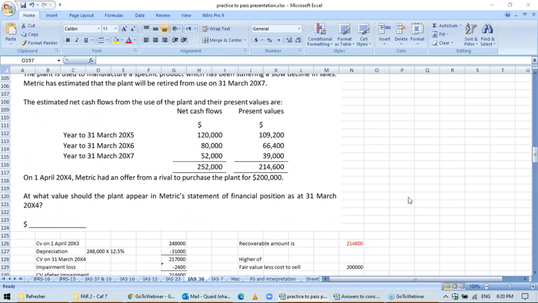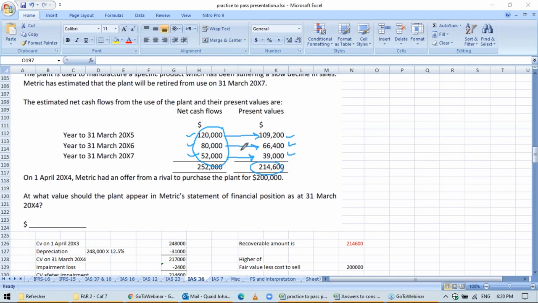The remaining life was 3 years, and what they did, they multiplied the net cash flows for the next 3 years with the present value fraction to arrive at the present value. So this is the cash flow that will occur in the future if you use the asset for the next 3 years. And the present value of these three ticked items is this. So sum of these is value in use, and which is